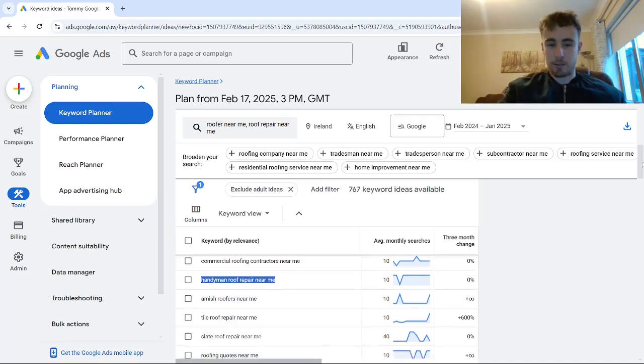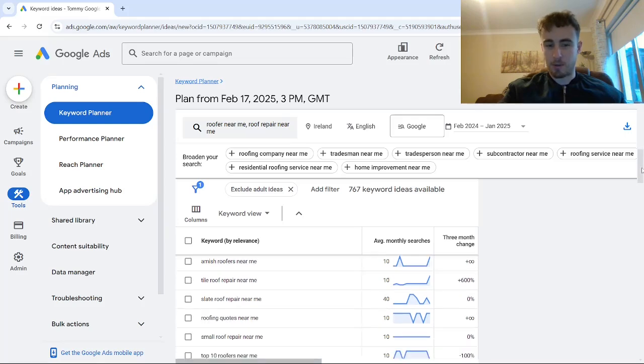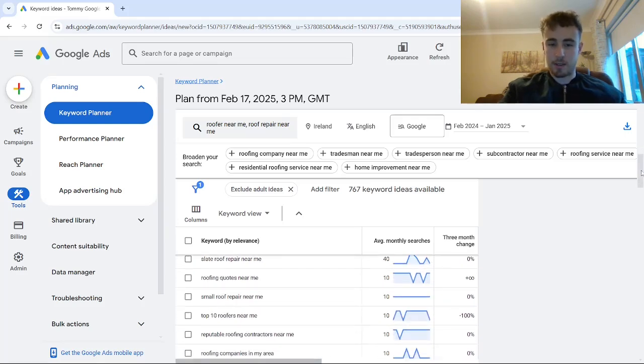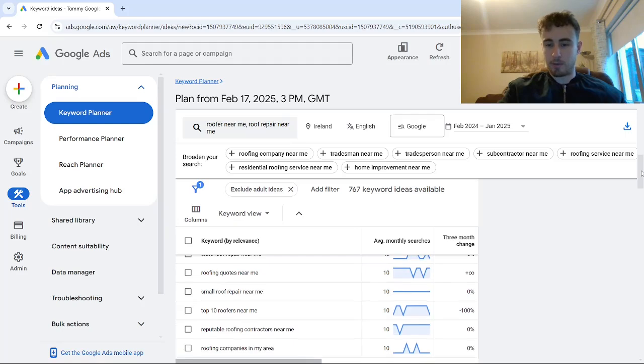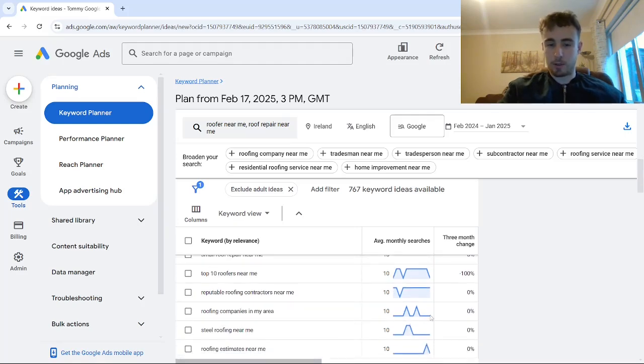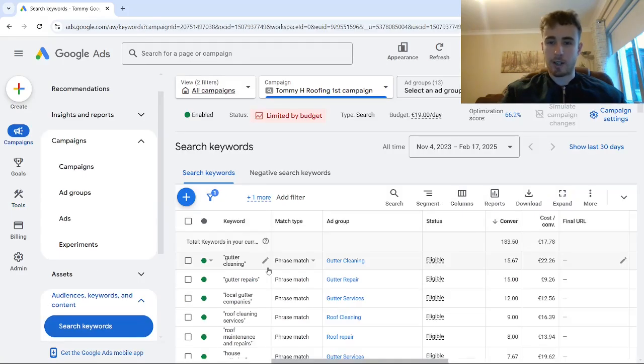And what you can do then with the high buying intent keywords that you can find is add all of these to a Google sheet, and this will form the basis of our campaign, because we have a good list of keyword ideas now that we're actually going to target and make ads for. And what I would also do with your keywords at the very beginning, especially if you're making a new campaign,